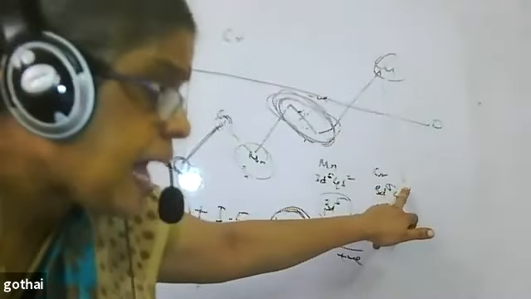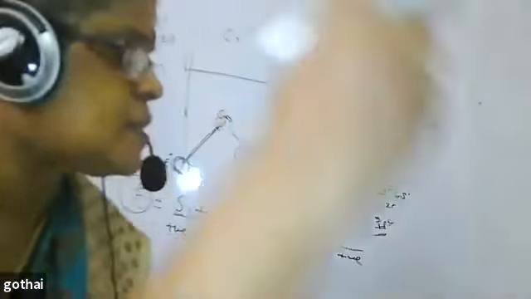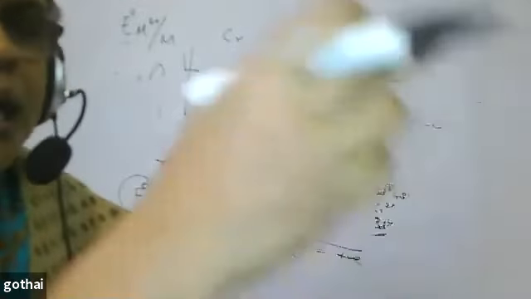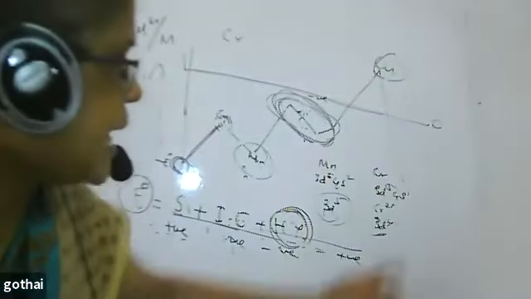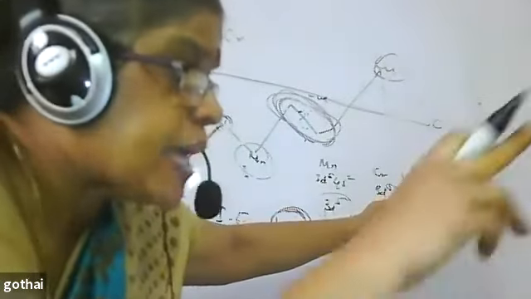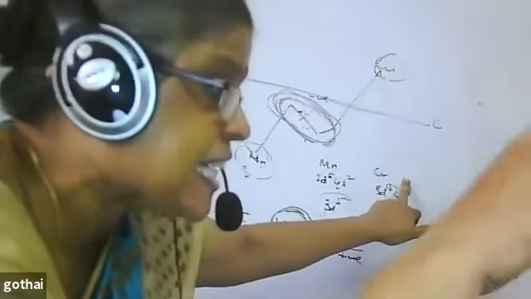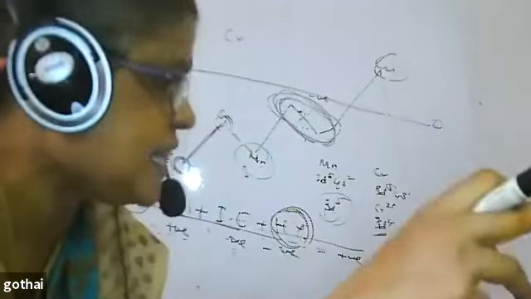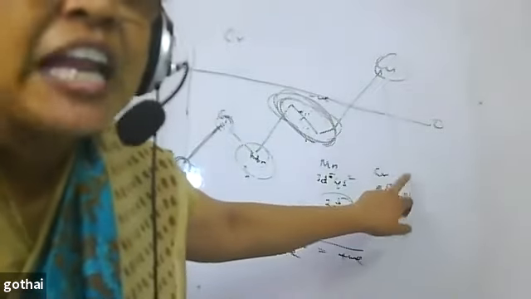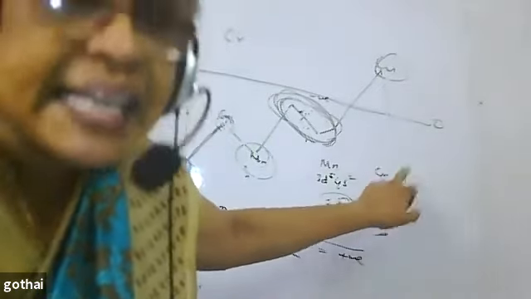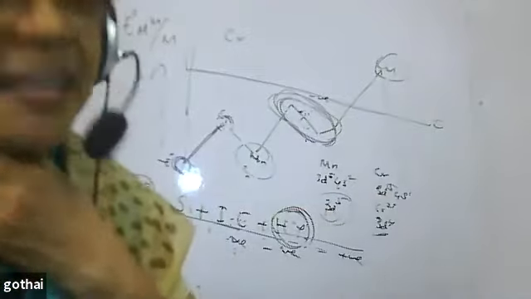Zinc, yeah, because Zn2 plus, it has to lose 2 electrons. Zinc is ready to lose 2 electrons to attain a d10 stable configuration. Again, when I talk about zinc, I am talking in terms of electronic configuration, not in terms of ionization or hydration enthalpy. If I talk about those also, the value will be negative only.